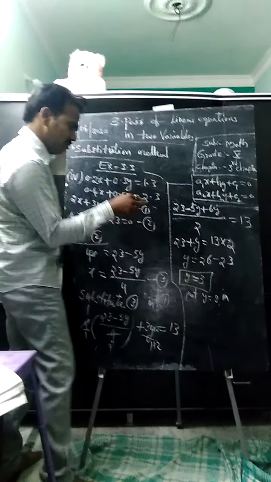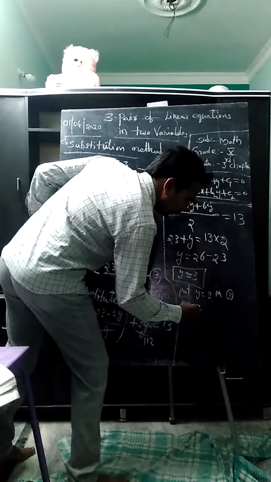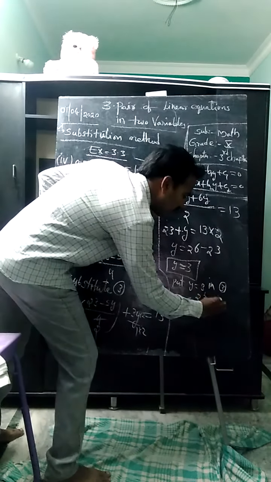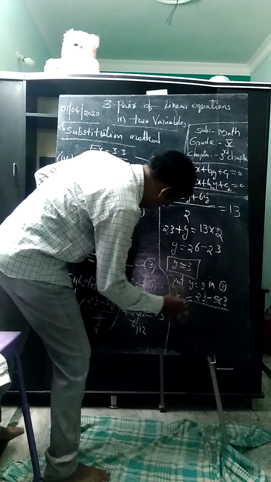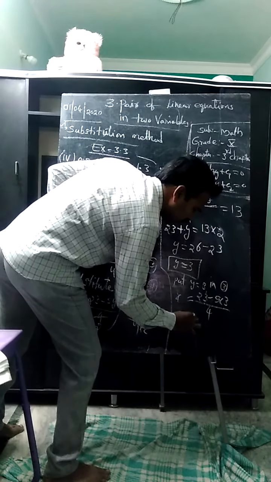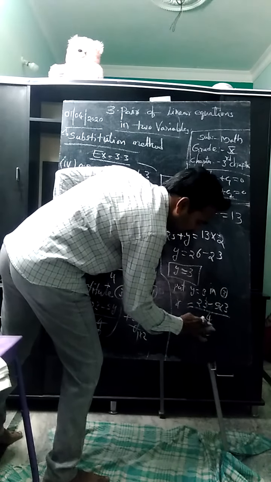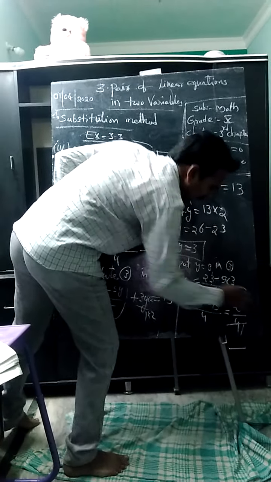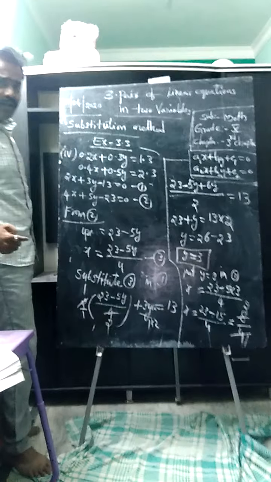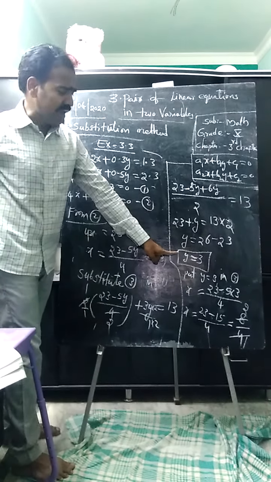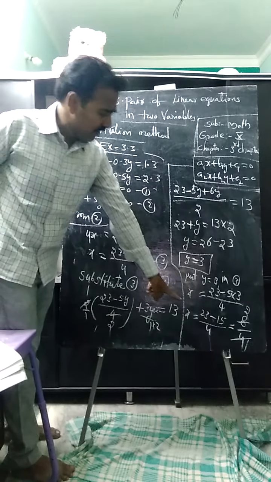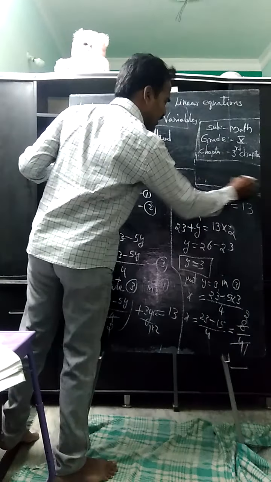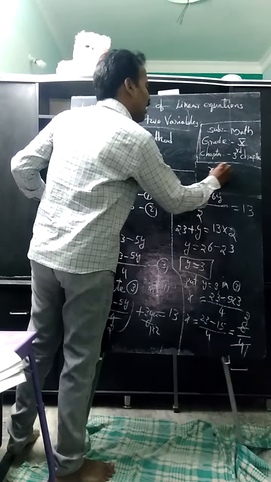in the third equation to get the x value. x equals, we have here (23 minus 5 into 3) whole by 4. Now x equals 23 minus 5 3s are 15, by 4. We have 8 by 4. Yes, we can cancel it. So what is the x value we got? x is equal to 2 we got. What is the y value we got here? 3. x value is 2, y value is 3. By solving these equations, we got x value as 2.